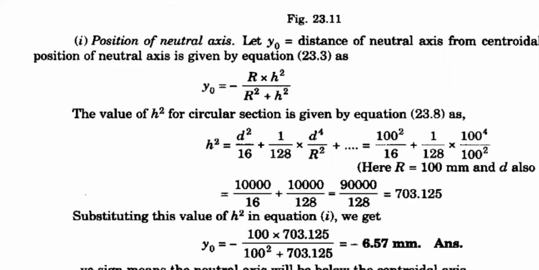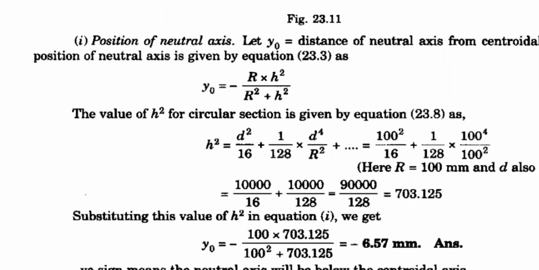In order to find the h square value, what we did in the last class problem is move on to the rectangle section derivation of h square, because in the last class we solved a rectangle section problem. We verified the h square value derivation for the rectangle section. In the same manner, try to verify the h square value for the circular section, for which you require the derivation. Now you know that h square value differs for different cross sections.